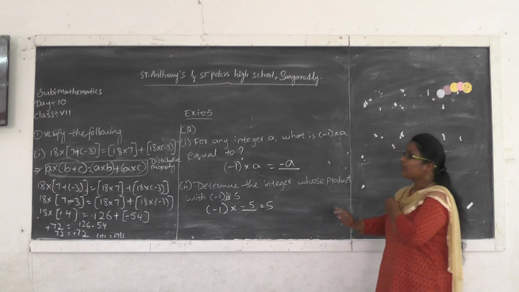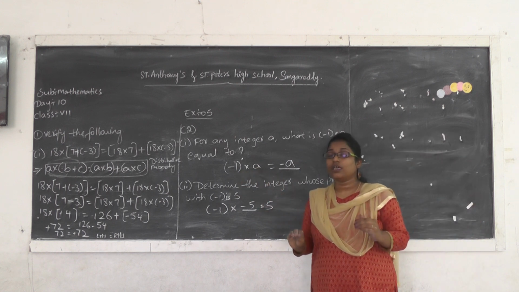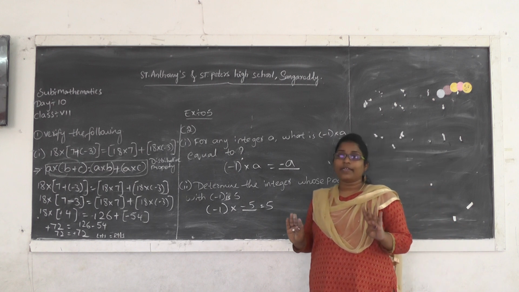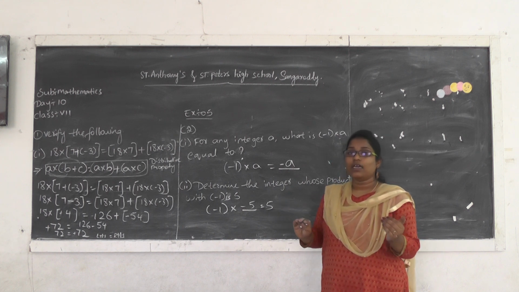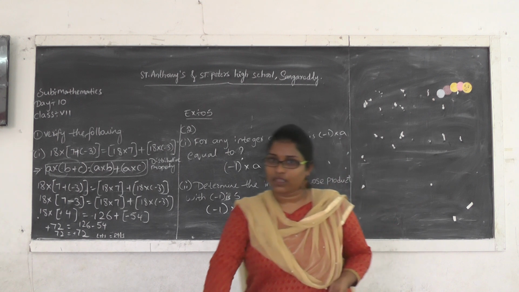Okay, so these are the problems which are in the exercise, first and second bit. Now we are going to the third bit questions. Here there are 8 questions in total. Out of 8, I was explaining 5, so the remaining 3 you have to solve. They are similar, and these problems are related to the properties again. Let's solve this.